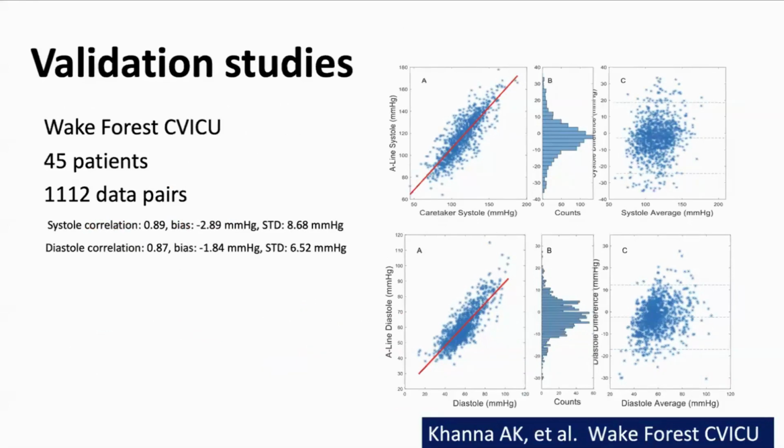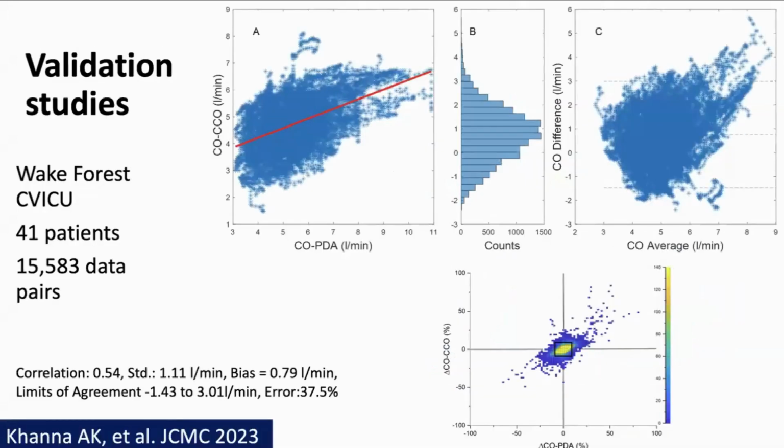of the non-invasive pulse decomposition analysis against the arterial line, systolic and diastolic blood pressure. It's fairly good correlation, I would say here, 0.89 and 0.87 on each side. More importantly, and we published this work in the Journal of Clinical Monitoring and Computing, this is the comparison of